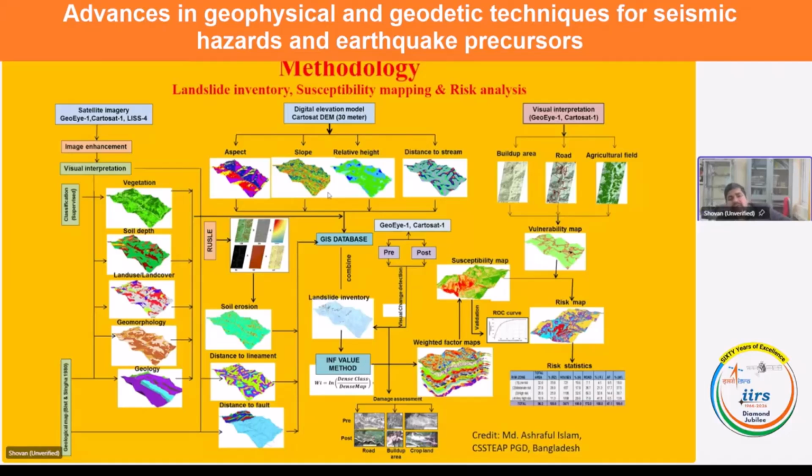But how do I know that? One way of doing this is doing an experiment. What experiment are we going to do here? We will cross this slope layer with the inventory layer that we have initially made. Inventory is the layer where the landslide polygons are there. So if I combine this inventory layer with this slope map, the sandwich product or the resultant product will have the attribute table of this raster image, which will show which subclass of the slope layer will have the maximum